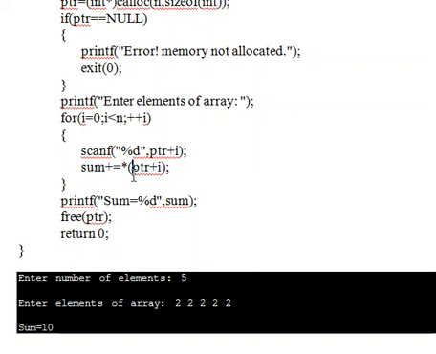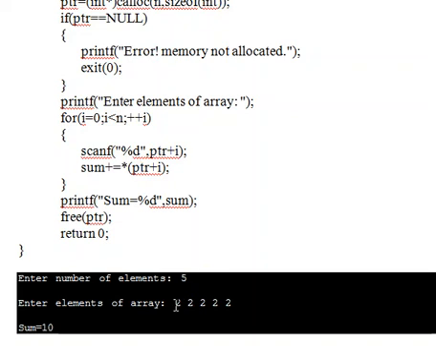So here it is having base address, that means the first element address. When we are putting star before the address, then it gives the value from that particular address. So star ptr plus i means star base address.